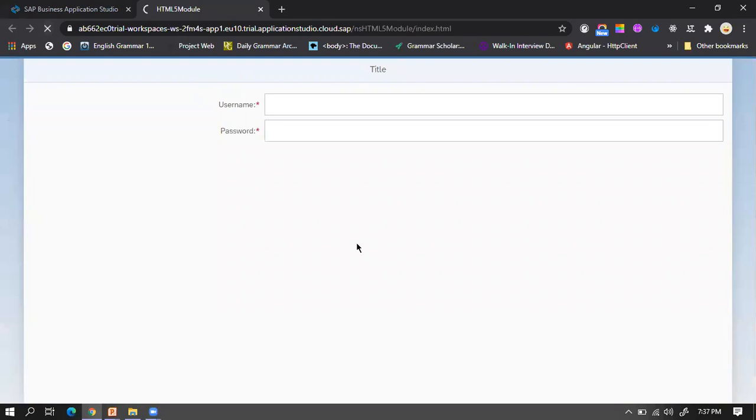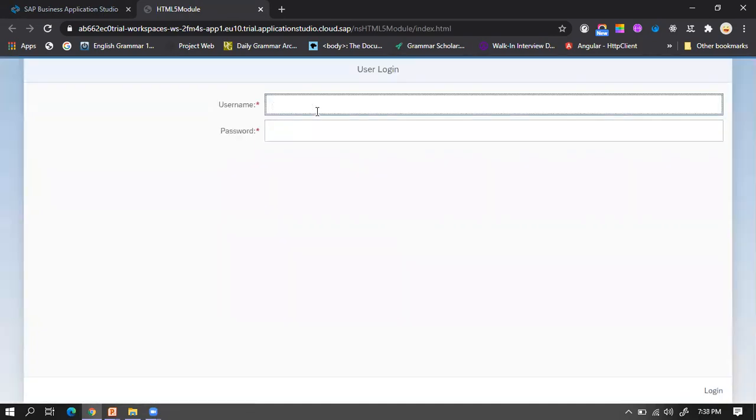Just refresh your application. Now you can see your username and password with the required marker. Your header is also changed, that is the title, and you have the login button at the footer.